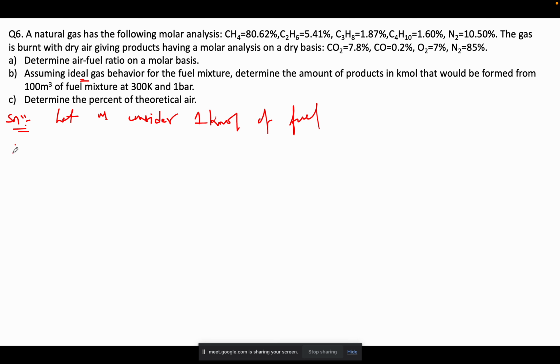So therefore the combustion reaction will be in the form of... remember these percentages are given on a molar basis. So if we are taking 1 kilomole as the total, the total number of moles is 1 kilomole, so this will be